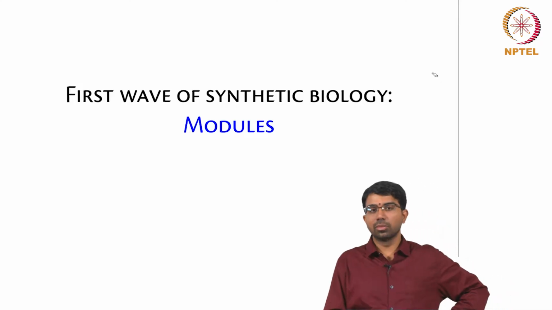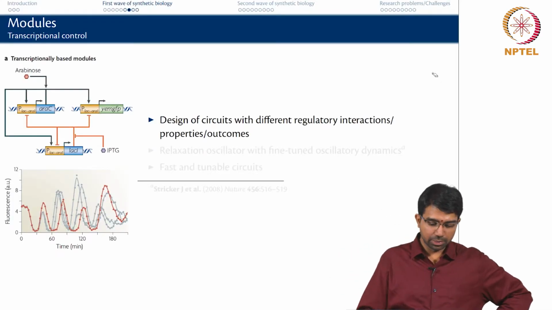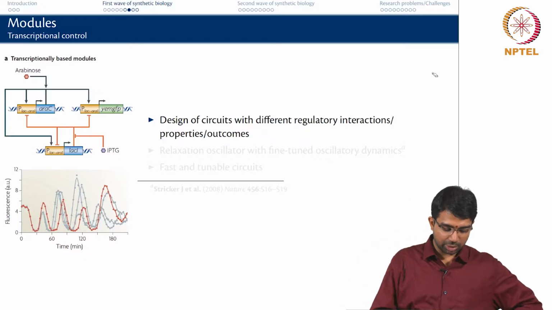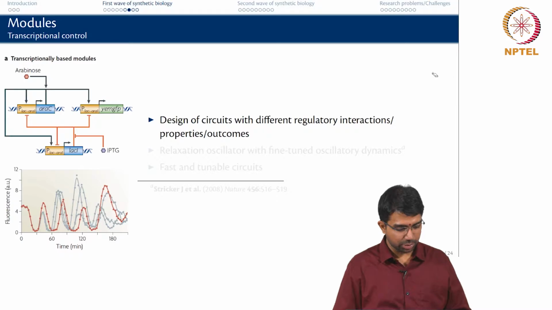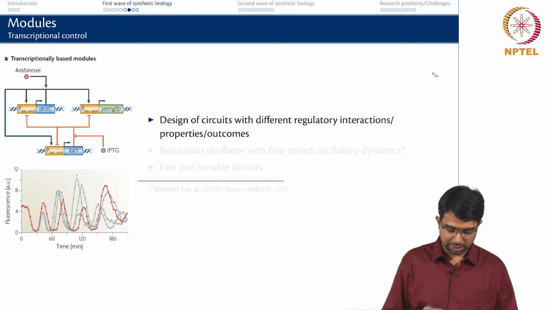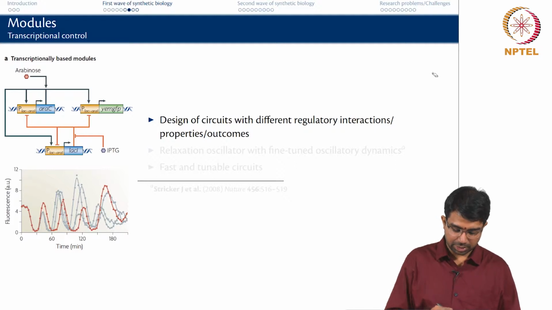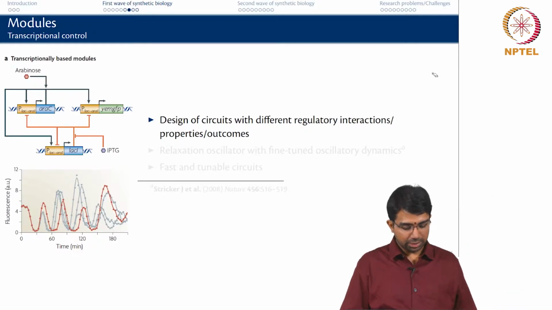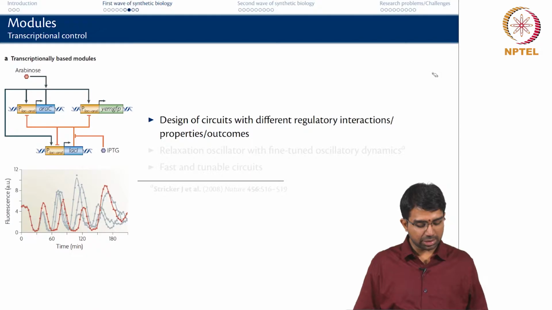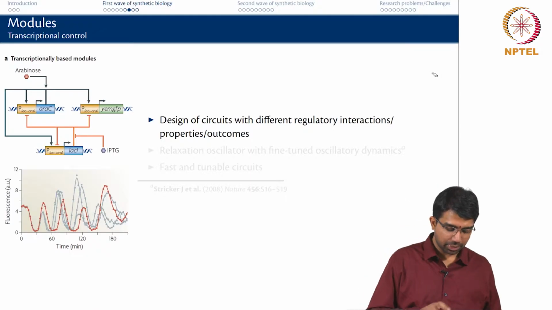So, then there were a lot of modules that were built. There were some transcriptionally based modules. For example, this module is dependent on arabinose and so on. So, if arabinose is present, it will behave in a particular way, there will be a GFP that is triggered, and it also interacts with the LACI gene and so on and so forth, right. And they found some oscillation in fluorescence. So, this particular transcriptionally controlled system exhibits oscillations as you see in the bottom,